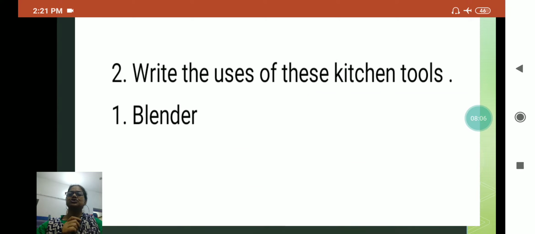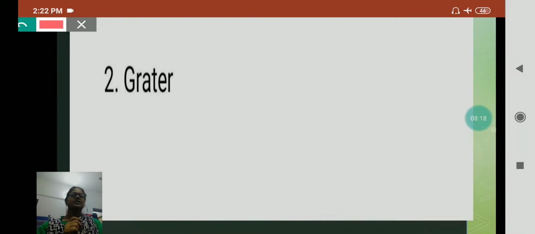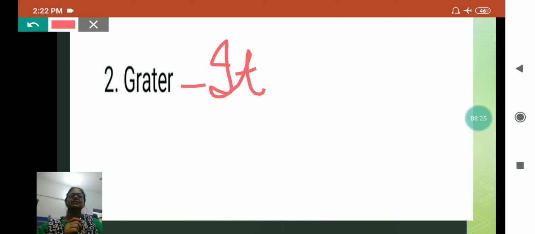To make mango shake, banana shake, or to mix onion and tomato, ginger, garlic also we use the blender. Now grater. It is used to grate things into fine pieces, isn't it?